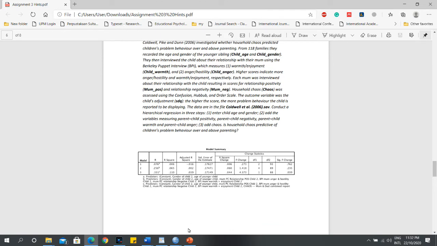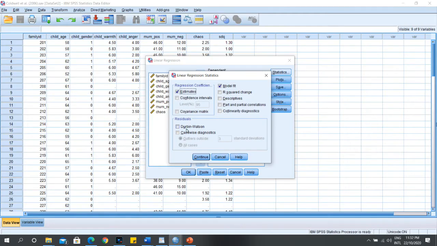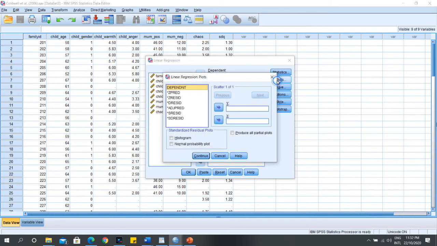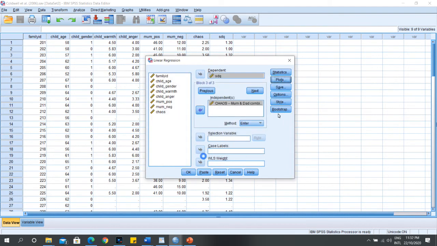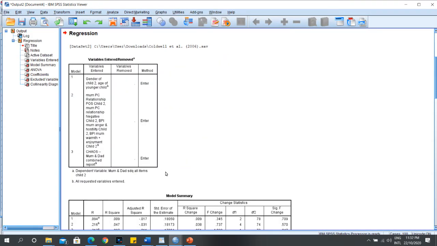So here, no Durbin Watson. So we don't put Durbin Watson, but we put here R square change and collinearity diagnostic. Collinearity and then plots. We don't have to add plots here, so we just click OK.